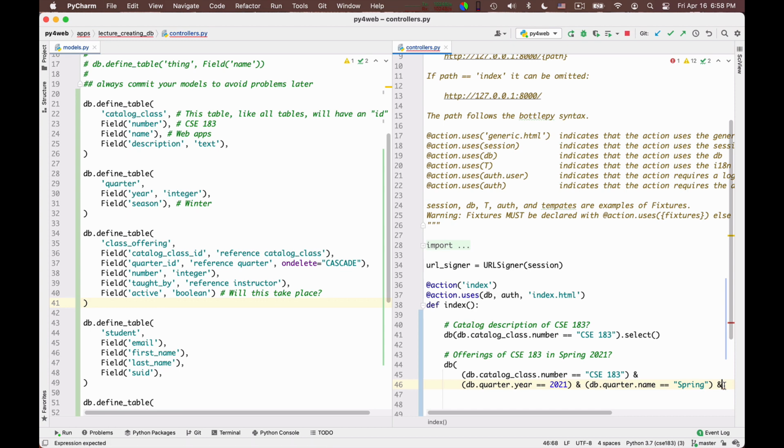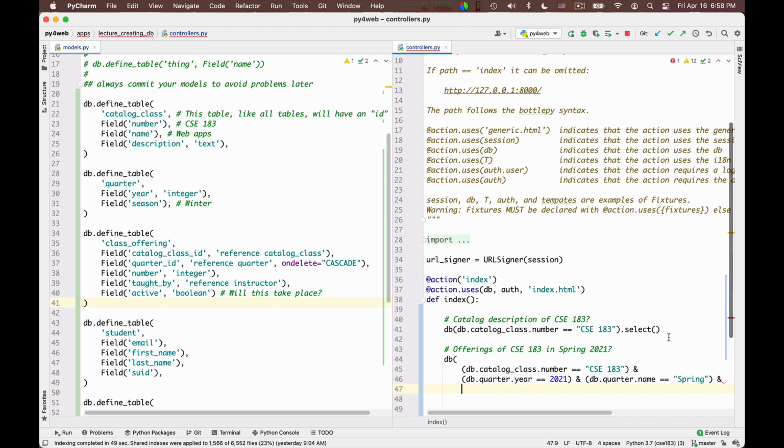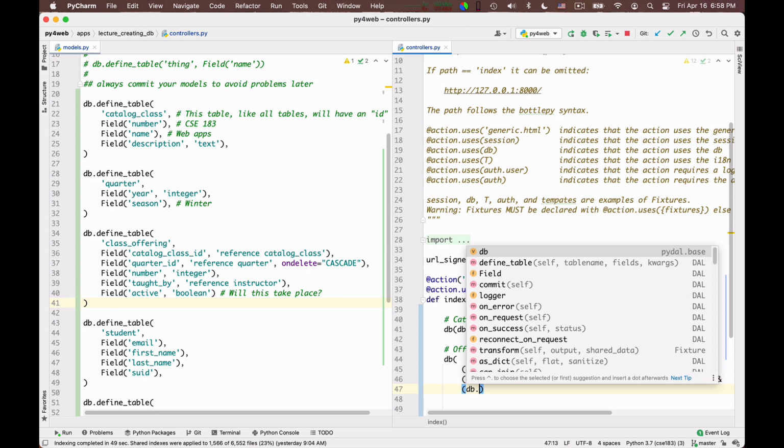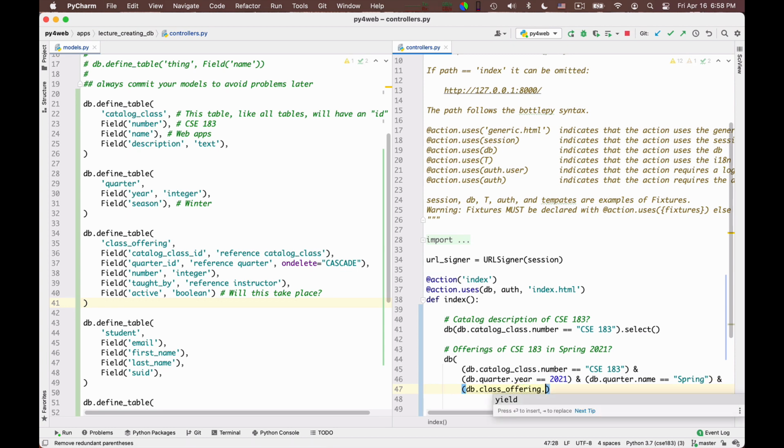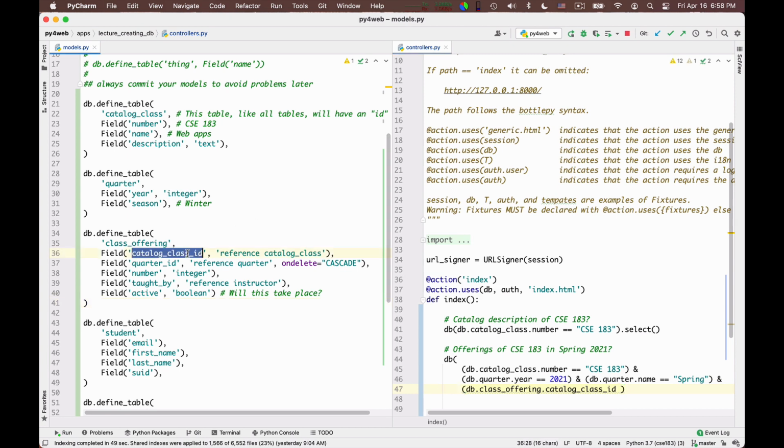So I say then that I want a db.offering, class offering. What are the properties of it? Well, the catalog class ID field, which is this field here, has to be equal to the catalog class ID.